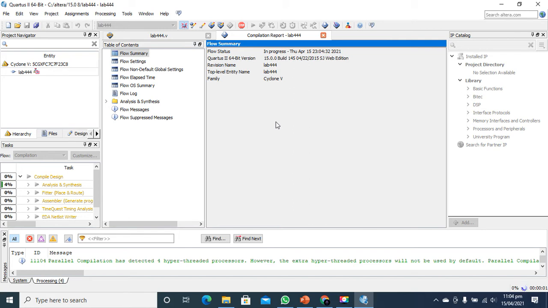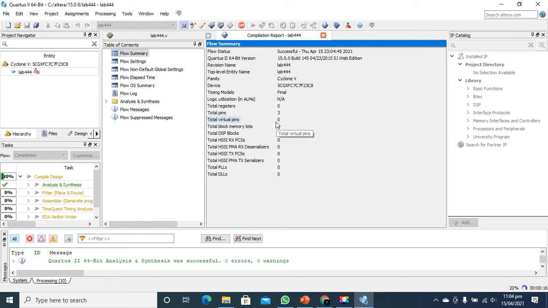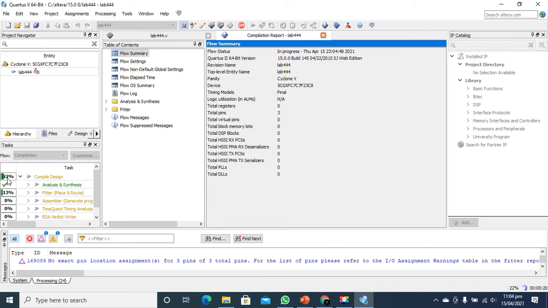So it requires time to compile the whole files together to implement the circuit. As you can see, our processing is about 22%, and we will wait until our whole file compiles and we really get the output.